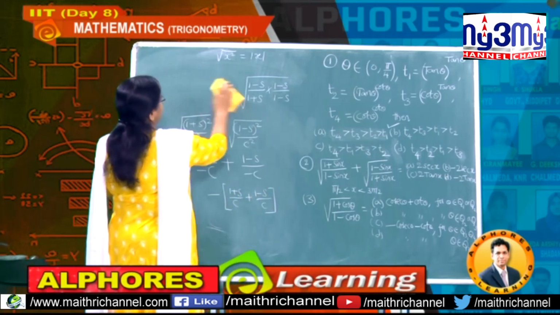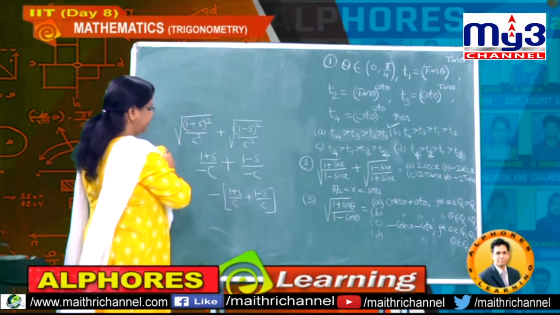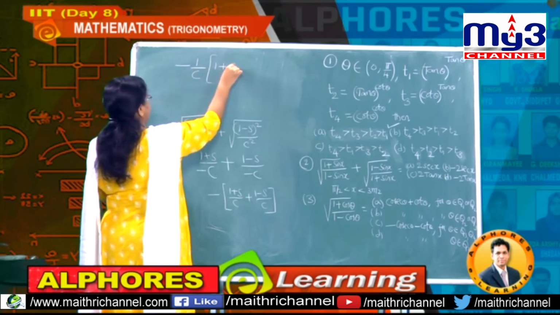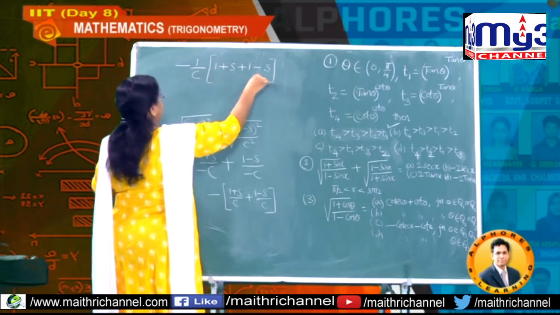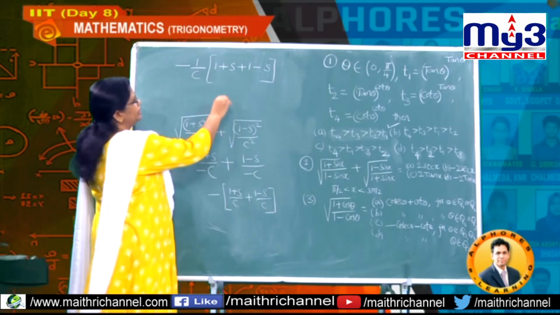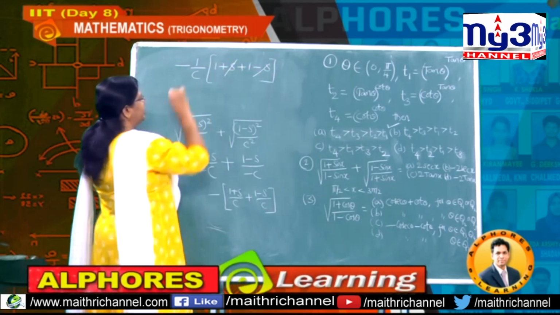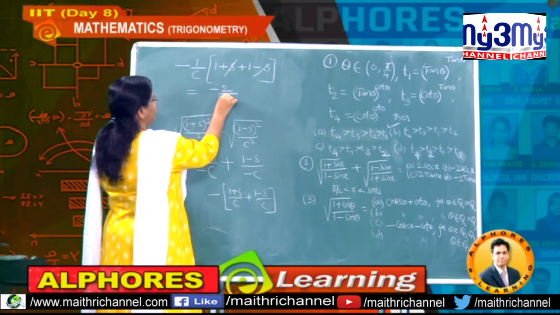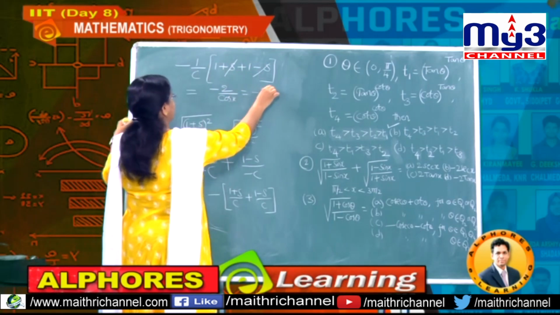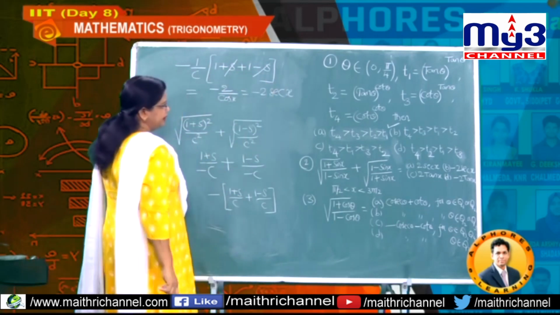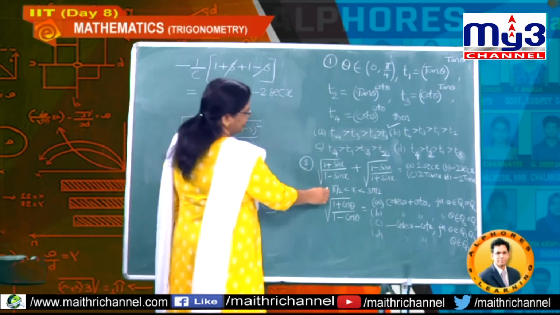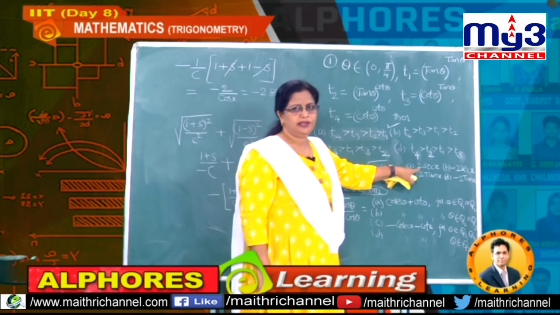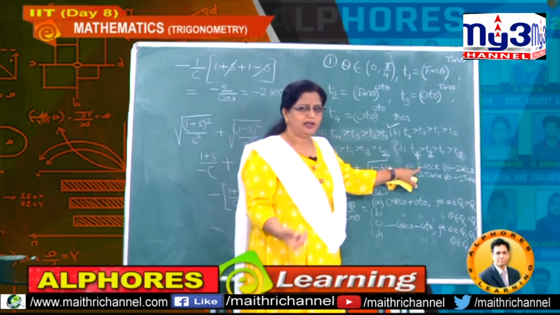And therefore, what is the final value you can obtain here? Minus of, as cos also you take common, then you will get 1 plus sine plus 1 minus sine. And therefore, plus sine minus sine get cancelled. You got 1 plus 1, how much here? 2. And therefore, this is minus 2 divided by cos x, and hence the answer is minus 2 secant x. If you ignore these kind of things, then what would be your other answer ready here? 2 secant x. At the same time, the negative mark is also ready for us.